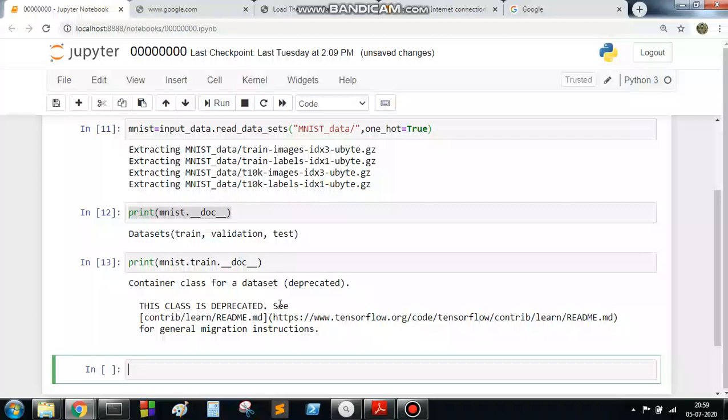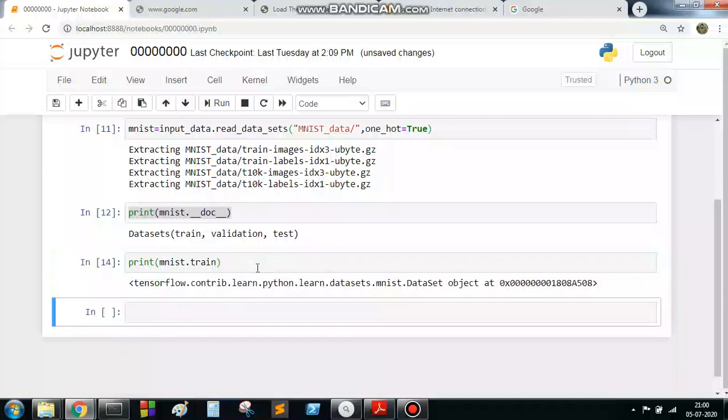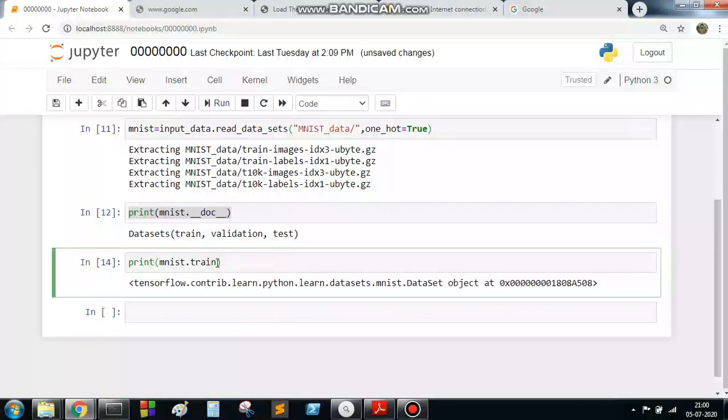To see this we would need to go to the particular TensorFlow site, but no need to go there. I can see here, if I print this thing, everything is in object form.